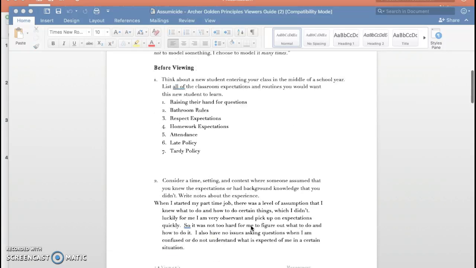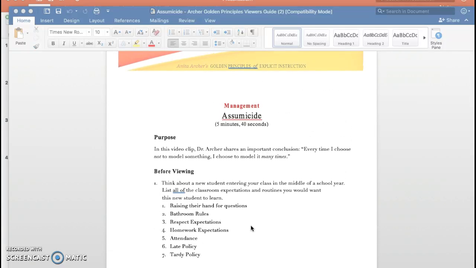So I think that from reading and watching this Assume-A-Side video and doing this work, it really truly triggered something in me and gave me the key almost to establish that effectiveness in how I teach, my expectations, my routines, and to model them. So therefore, later on down the road, the efficiency goes up and the effectiveness of the lessons that I'm now teaching goes up as well, because they understand the routines that go with those lessons.